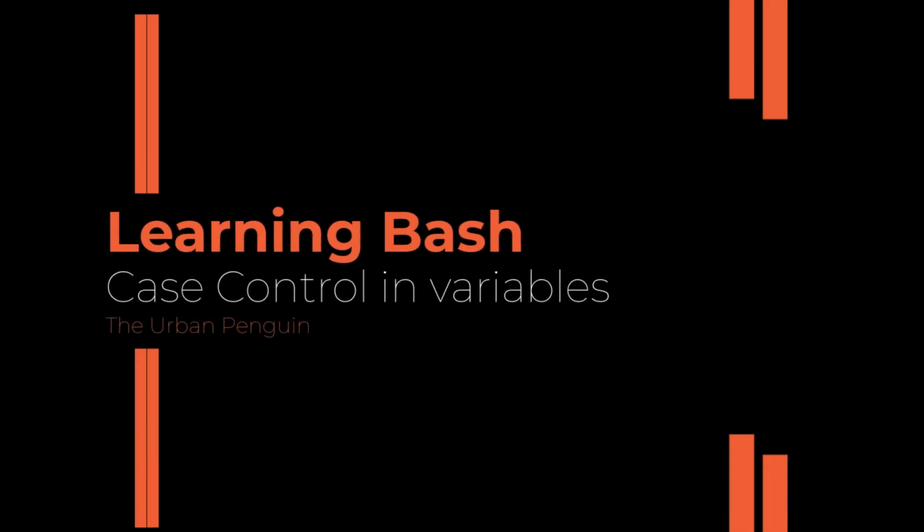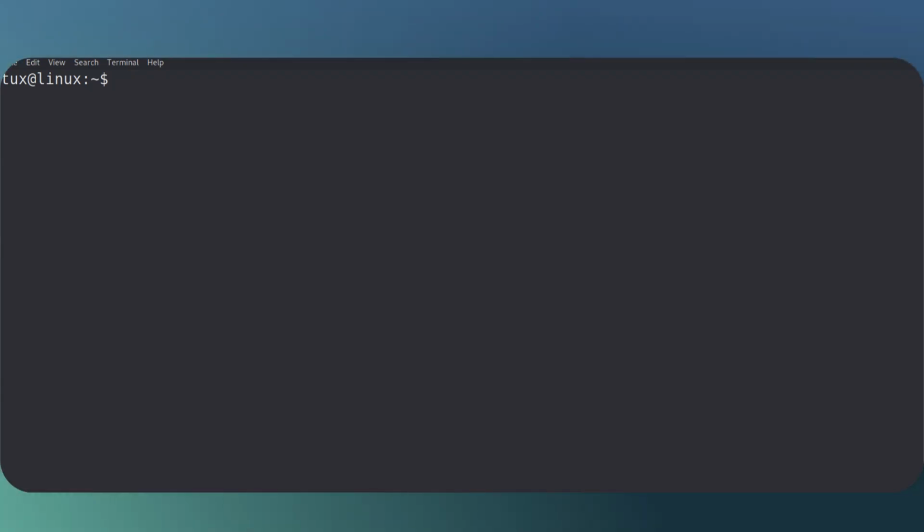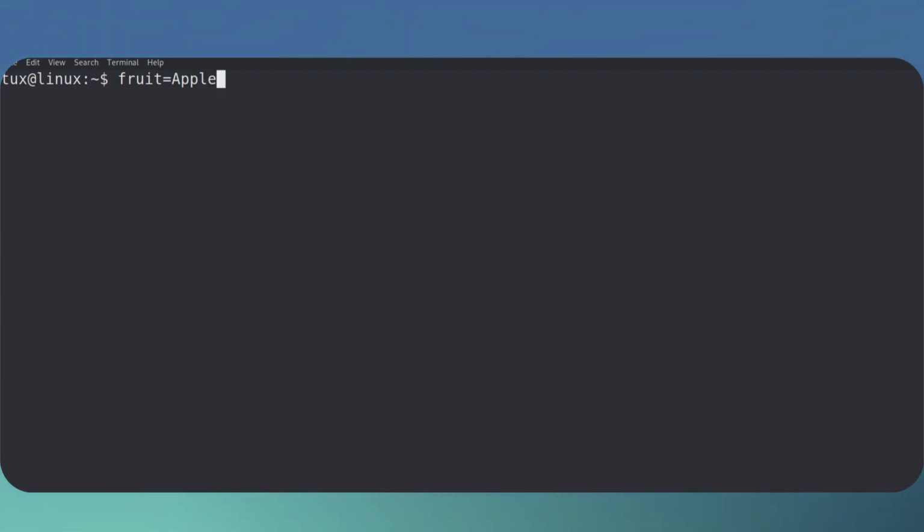So yes, we're going to dive out to our command line and look at how we can control the case of variables within our Bash shell. So look at this. Welcome to our glorious command line. And as I say, I am sure you are probably well aware of working with your variables. So you might create a local variable, setting fruit to equal a mixed case Apple. And then when we look at the contents of our variable, echo $fruit, we can see that it's maintained our value, including the case.